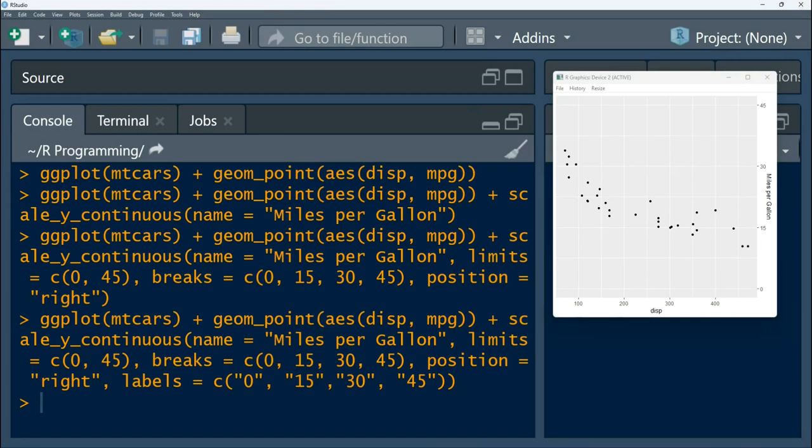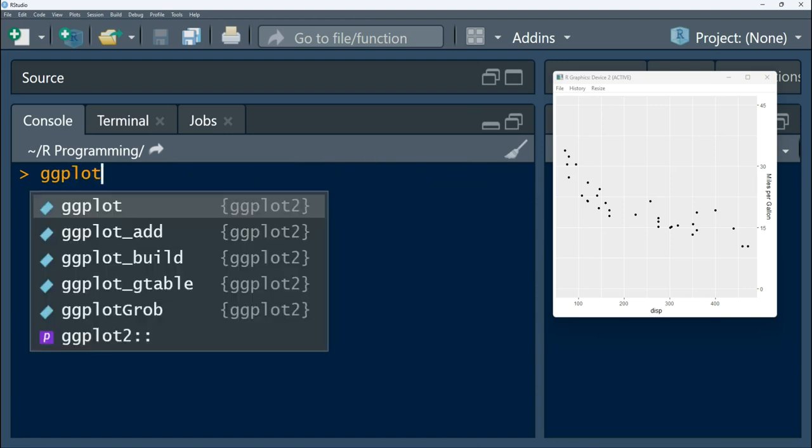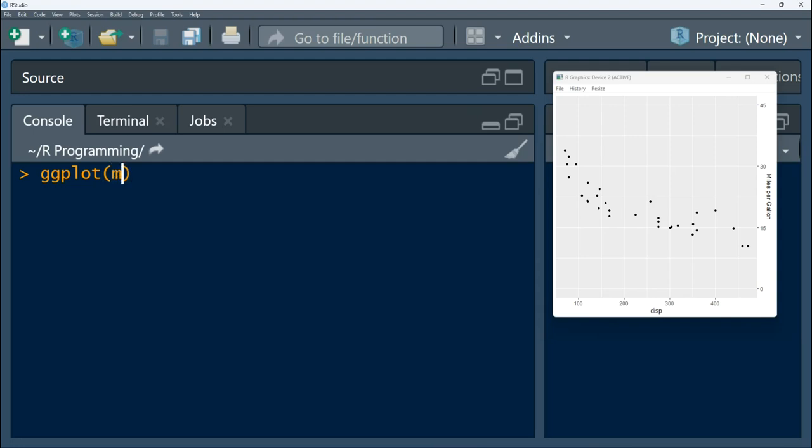Now, to perfectly understand the discrete axes, how can you modify them? We are going to be using a bar graph. So let's come in here and say ggplot to clear the console. So let's say ggplot and you say mtcars for demonstration purposes, and you come here and say we want,